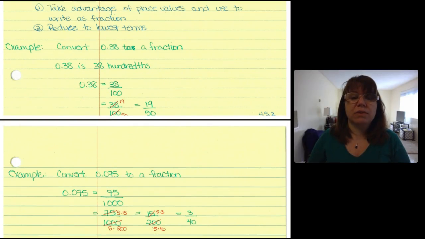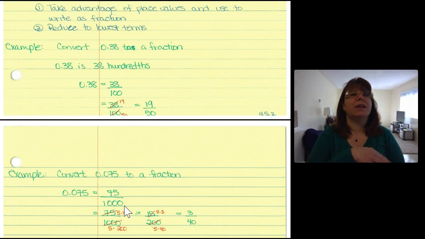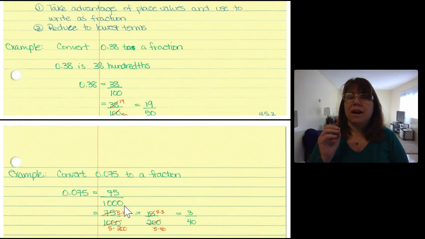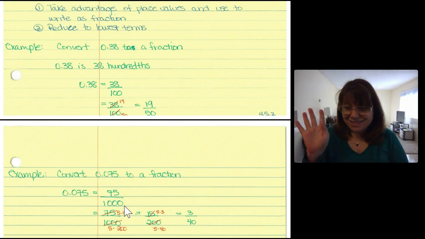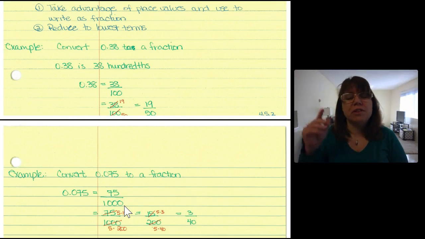Again, if I want to convert 0.75 to a fraction, this is 75 hundredths. Or how you can think about it, that is 2 decimal places after the decimal. I have 1, 2. So my number on the bottom must have 2 zeros. So if you don't remember any of the names of the decimals, that's okay. If you don't know, I mean, it's not okay. You should know that. Let me just put that out there in the world. You should know that. But if you just don't remember, because we say 0.75,